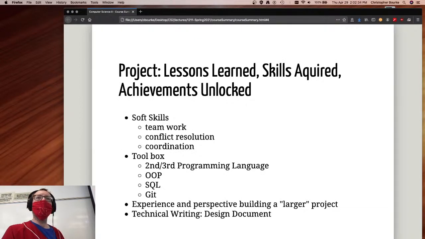Think about what you've done over the last semester, right? You've learned stuff. You've improved your skills, your toolbox, basically. Hopefully you've gotten a better sense of soft skills. And what I mean by that is, people skills, teamwork, if you chose to work in a pair. Conflict resolution, if you chose to work in a pair and it didn't quite work out because the other person flaked out, it turned out that they really didn't have the prerequisites because they relied on somebody else throughout Computer Science 1,